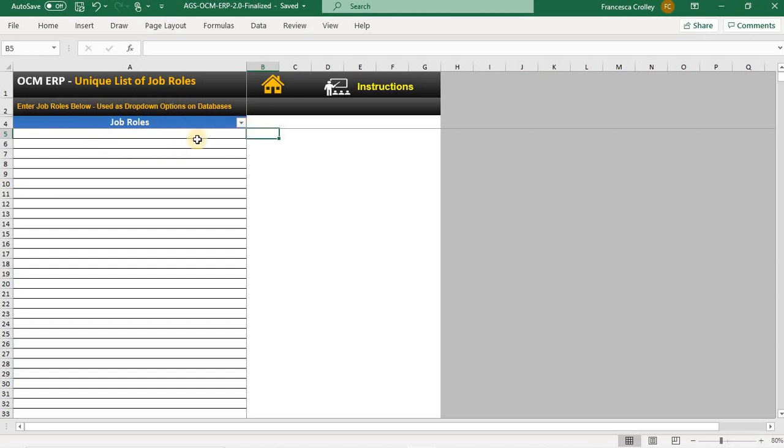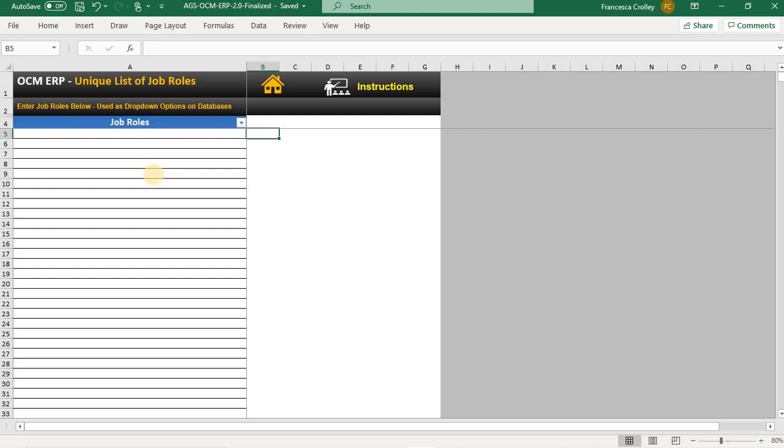To populate the Job Roles column on this page, you can save time by asking your HR department or the appropriate resource for a list of job roles across the organization. Copy the provided list and save as text onto the Job Roles column. It is important that you right-click and save the data as values to maintain existing formatting. Where possible, make sure to include in the list every job role across your company. This way they are all included as part of the drop-down options on the template databases in the appropriate modules for easy selection. And that concludes the overview of the Unique List of Orgs and Unique List of Job Roles